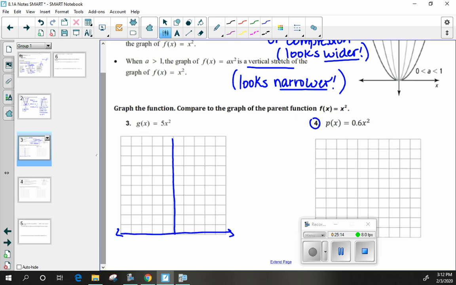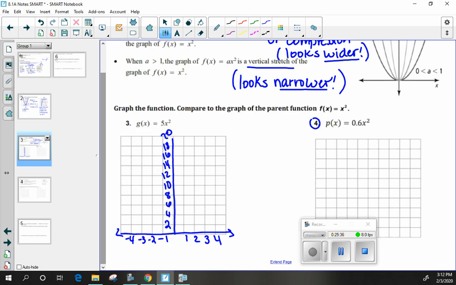So maybe let's go by 2s here. So this can be 2, 4, 6, 8, 10, then 12, 14, 16, 18, and 20. Okay? And then these can go by 1. So 1, 2, 3, and 4. -1, -2,